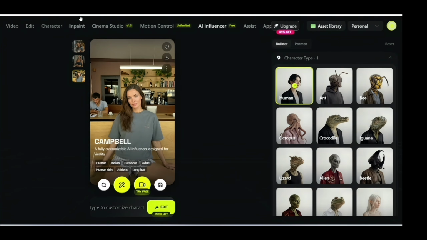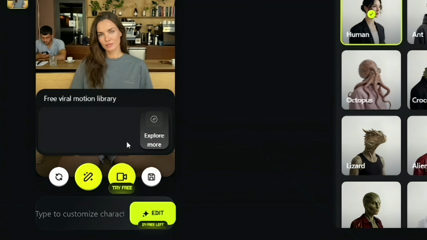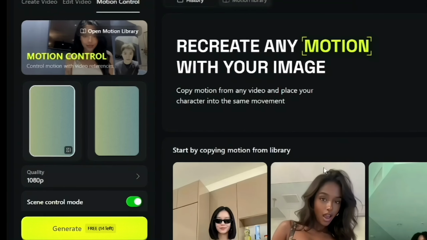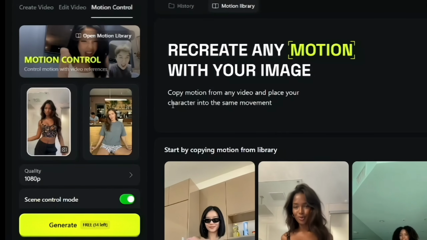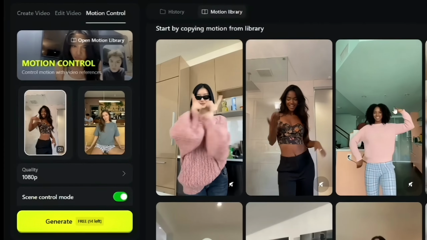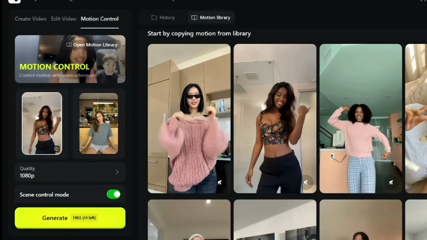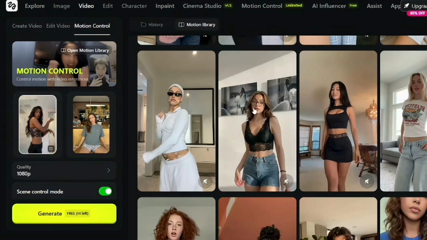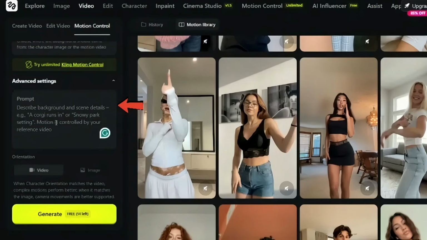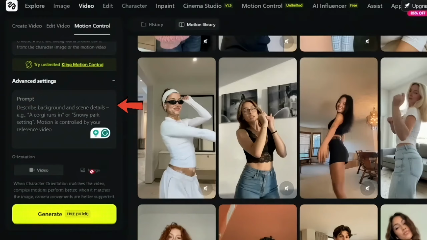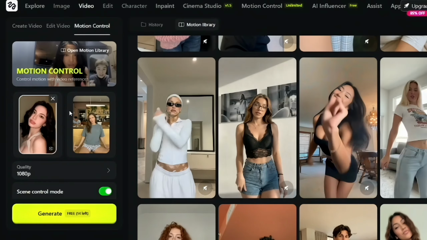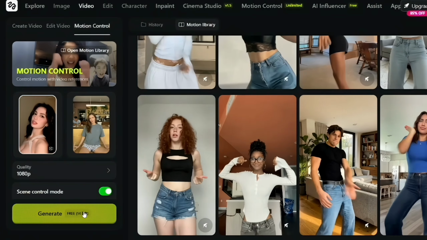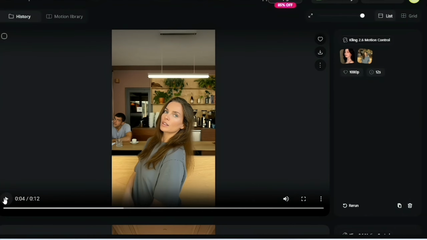Now let's talk about motion. Inside Higgsfield, you'll see a video/motion icon. Click on that. It opens a separate motion panel. Here, you can upload a reference video or select from predefined motion templates. Higgsfield will animate your AI influencer based on that exact motion. They even provide optional motion prompts, but for now, I'm leaving that blank. I simply select a motion, click Generate, and within seconds, it gives me a realistic animated result that perfectly matches